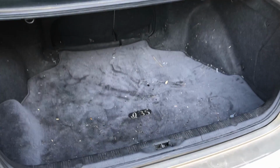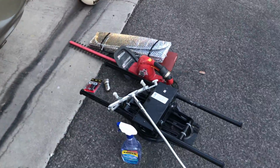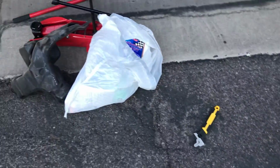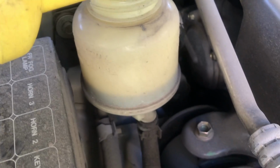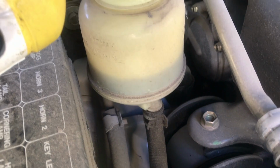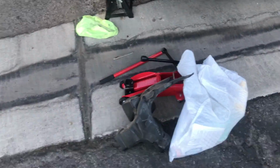Alrighty, so for the most part we got all the dirt and junk out of the trunk here. Got everything out of the trunk. That's pretty much what we're keeping that's left over. A few tools here and there, but I got a little bit of power steering fluid, so let's try to top this power steering off. Well, now that we got power steering fluid in there, that should be a little bit better. Now that we got that all situated,